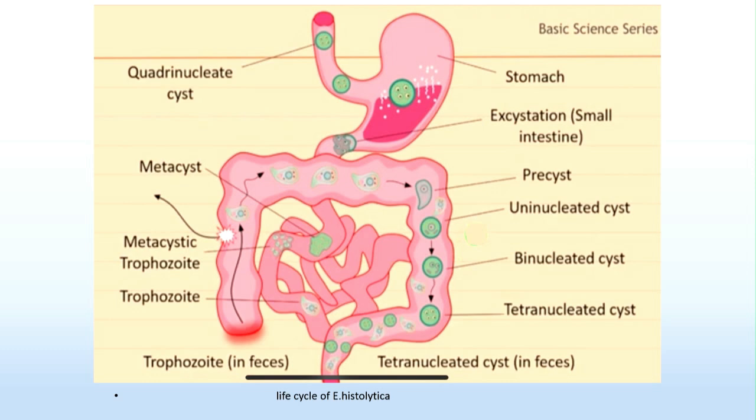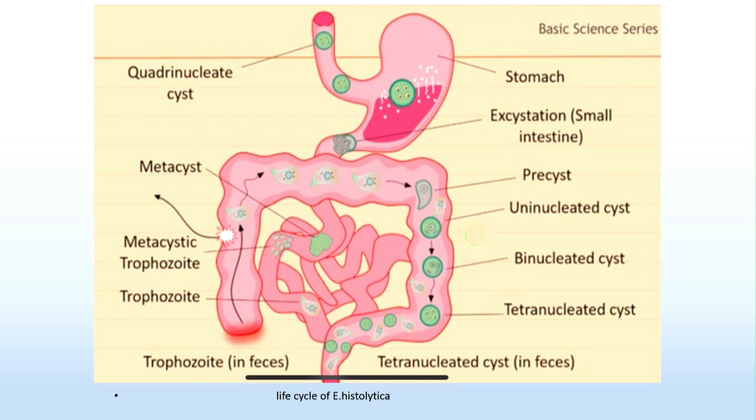So when the immunity of the person develops and the conditions become unsatisfactory to the trophozoite, it discharges the food vacuoles and chromatin bar and begins to transform into the cyst. At first, pre-cyst, then uninucleated cyst, then the nuclei divide, then binucleated cyst, finally transforming to the tetranucleated cyst.